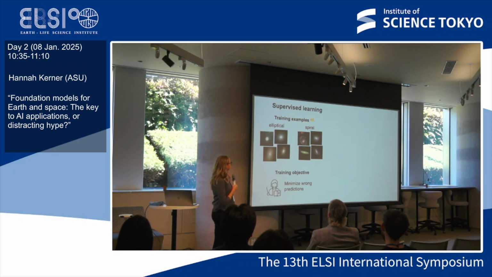And this kind of supervised learning, again, is where we take this data, maybe we have some training examples of galaxy observations, and somebody wants to automatically classify the types of galaxies. And they go in and label 1,000 or 10,000 or whatever examples of these are spiral, these are elliptical. And then we train the model by saying, okay, you got that right, you got that wrong. And the model is trying to minimize its wrong frequency.